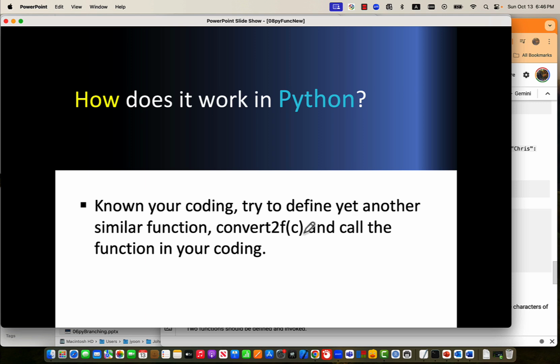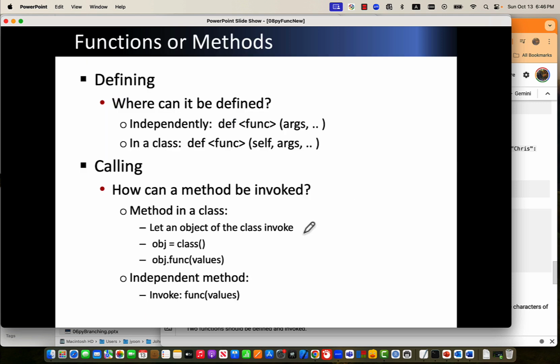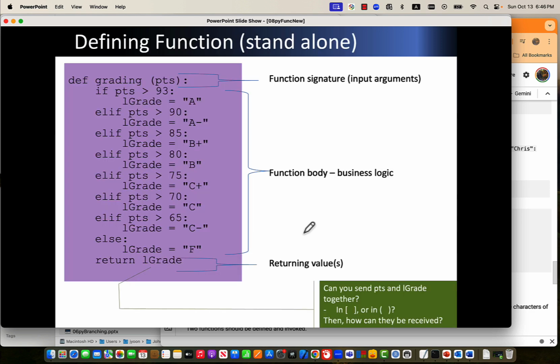So how does it work in Python? We define it and call it. Defining a function. So let's define a grading function. Grading takes a parameter, points. If points is greater than 93, this is a condition, then colon, and the body of this condition is